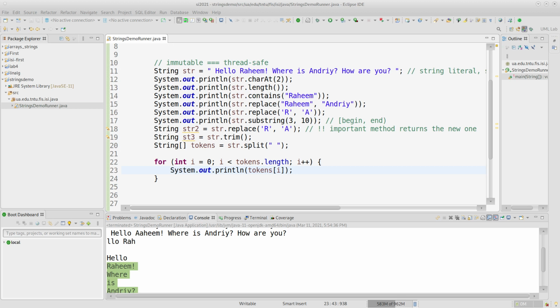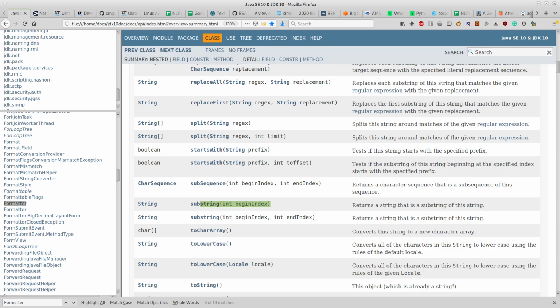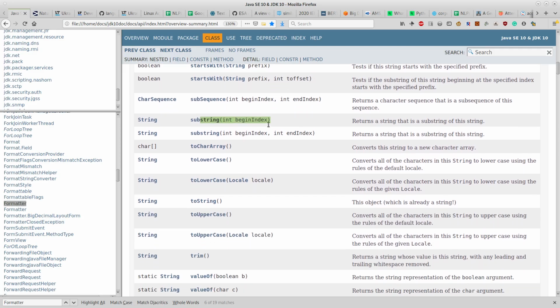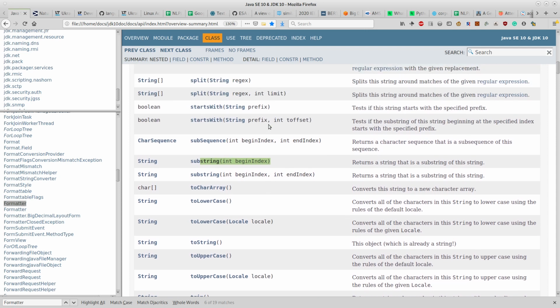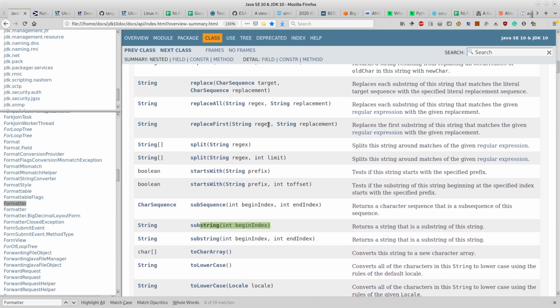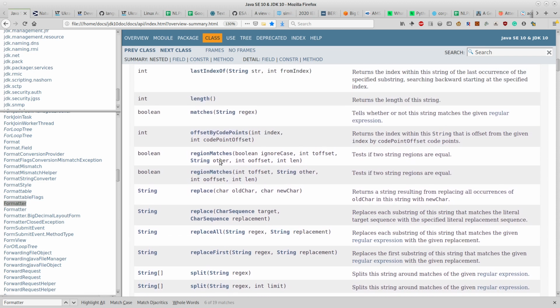I show you this method, and what about the other ones: substring, split, and match. I believe that about matching we will talk in the next hour class, but now